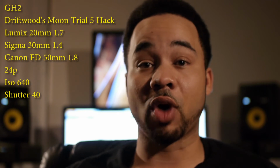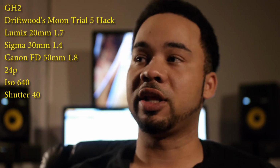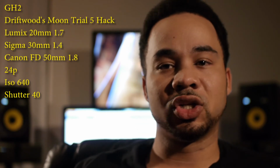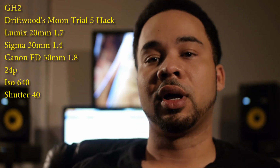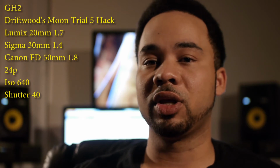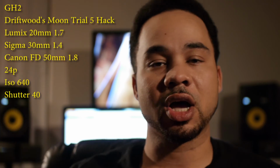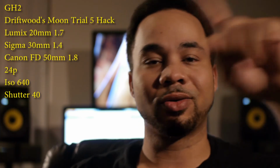So I shot these at their widest aperture on each. I didn't change any of the lighting. I didn't change the ISO on the camera, which is 640, and I didn't change the shutter speed, which is 40. On the Sigma 30mm, you'll see the bokeh in the full frame of the subject shot is octagonal, and